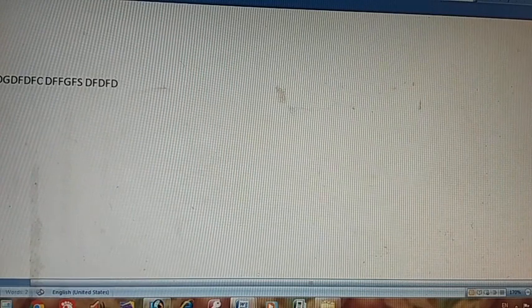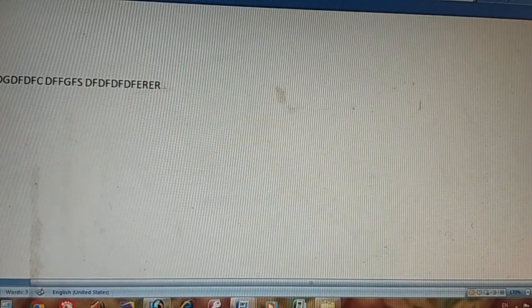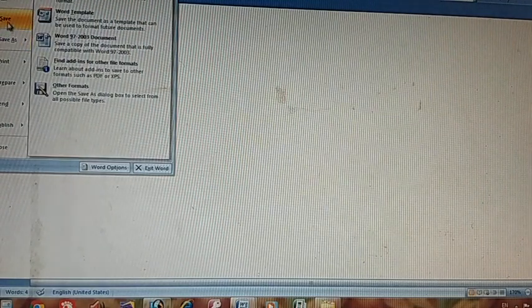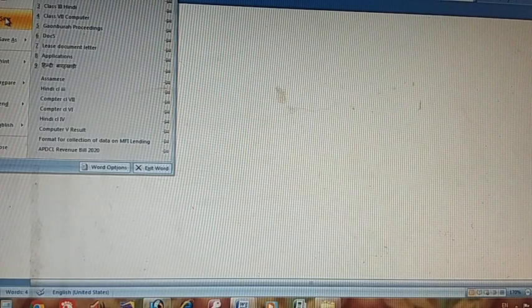Let us say I need to enter some data, just for your understanding sake. I'm typing it for you. So I have created a letter, for example, and you need to save it. So go to this icon and click on save. Here is the save icon, the save command. Click.